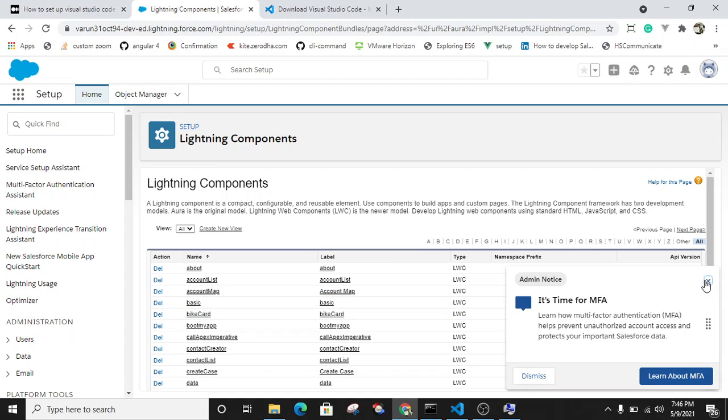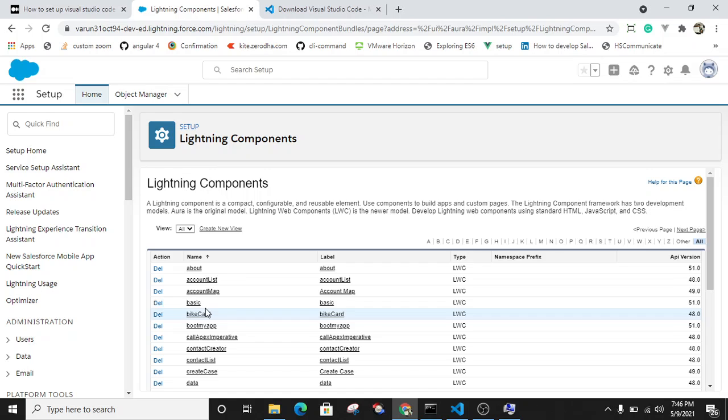Now I just want to use this component in my community.